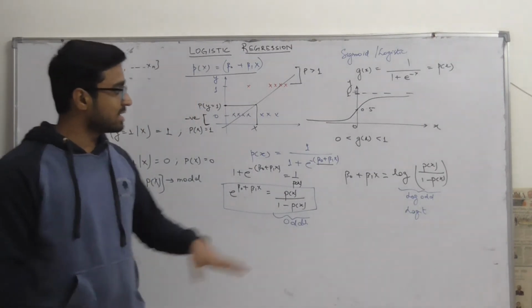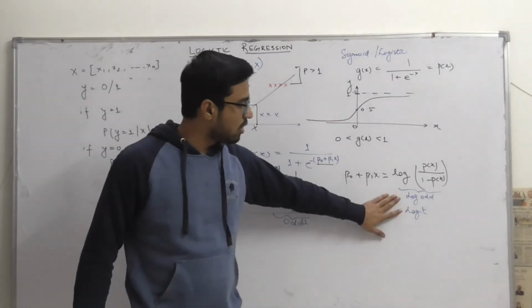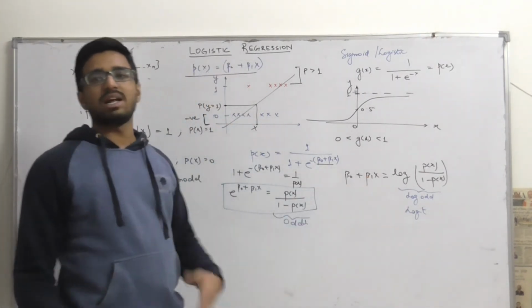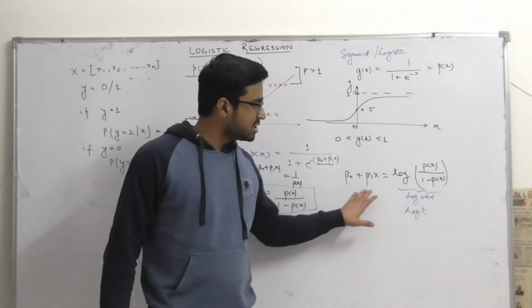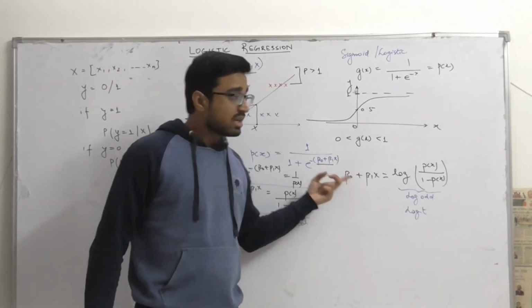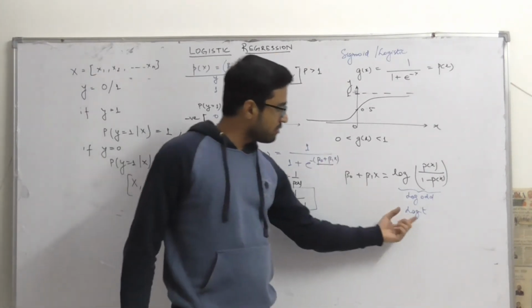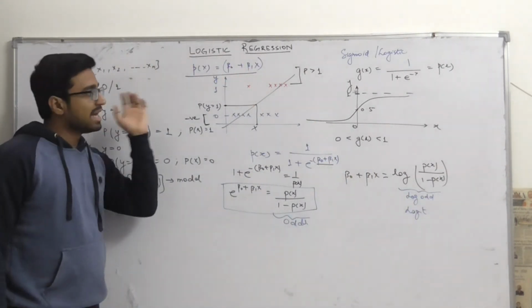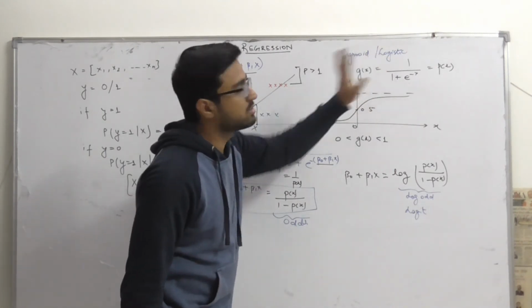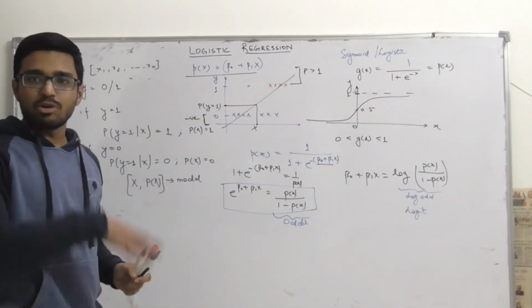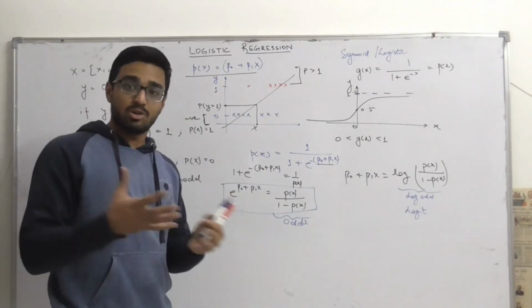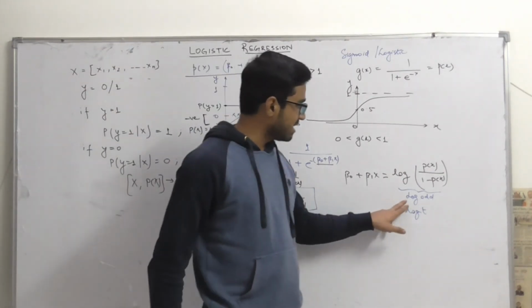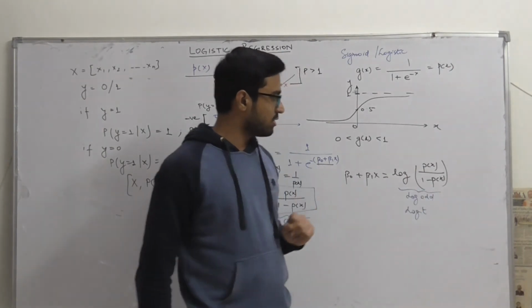Hence we can say that there is a linear relationship between the log odds and x, the set of features that we are dealing with. Due to this linear relationship between log odds and x, the regression term appears here, and this term is called logit also. The logistic regression name comes from here, and the sigmoid function is also called the logistic function. So there are lots of reasons why logistic regression is named logistic regression, as I have displayed here.